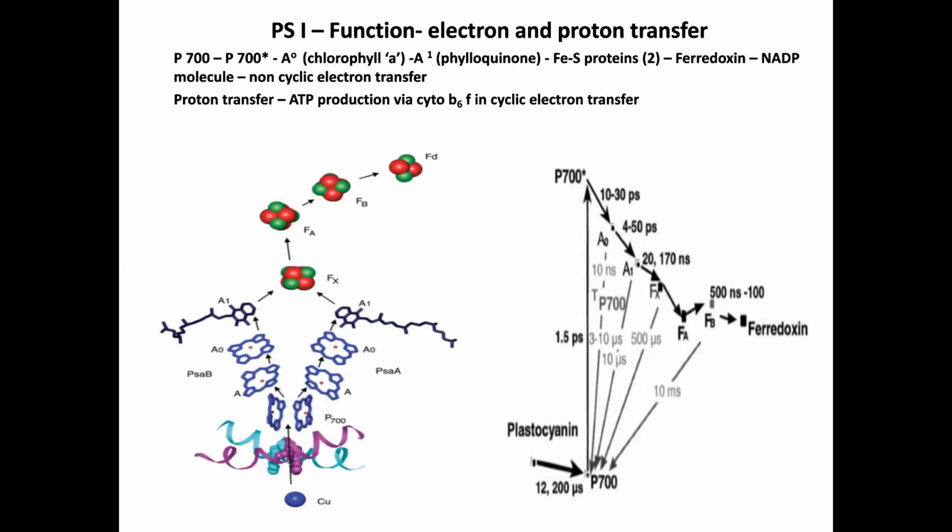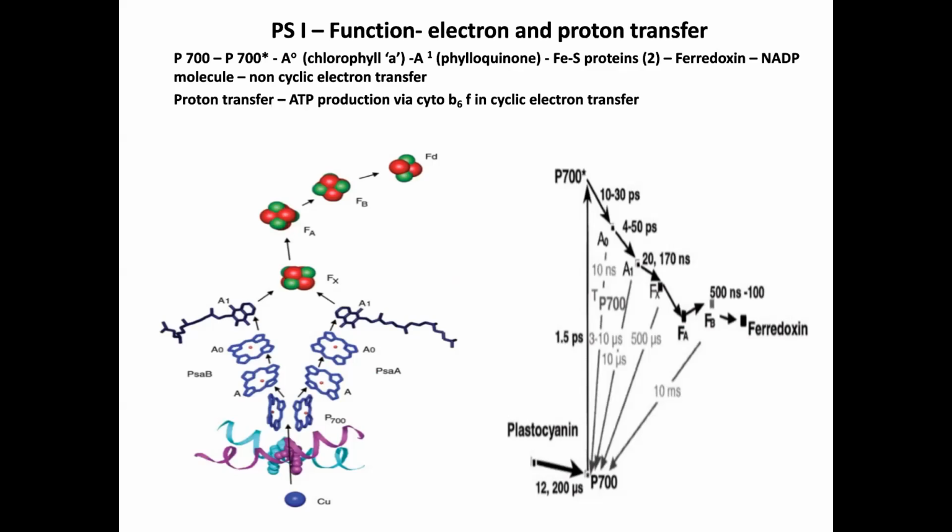PS1 is involved in transfer of electrons in tandem with PS2. Both the photosystems get hit by the photons at the same time. PS1 harnesses light energy to transfer an electron from the soluble copper protein plastocyanin on one side of the membrane to pyridoxine and eventually NADP on the opposite side.